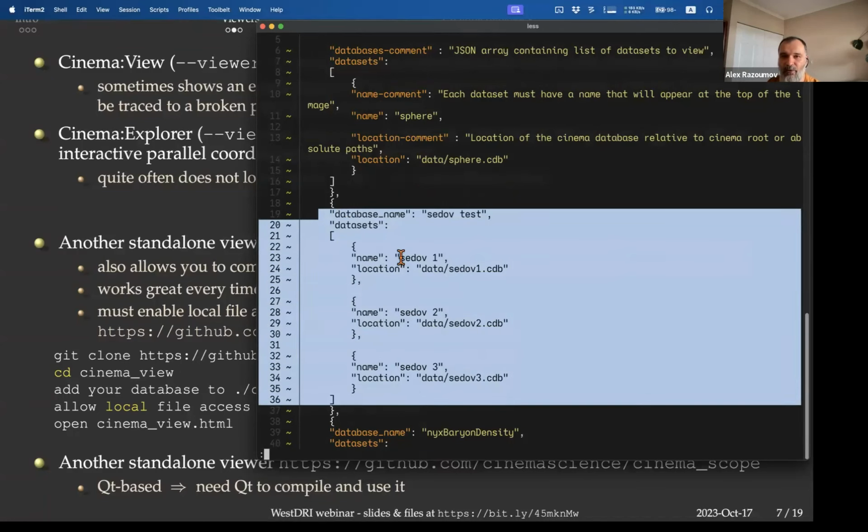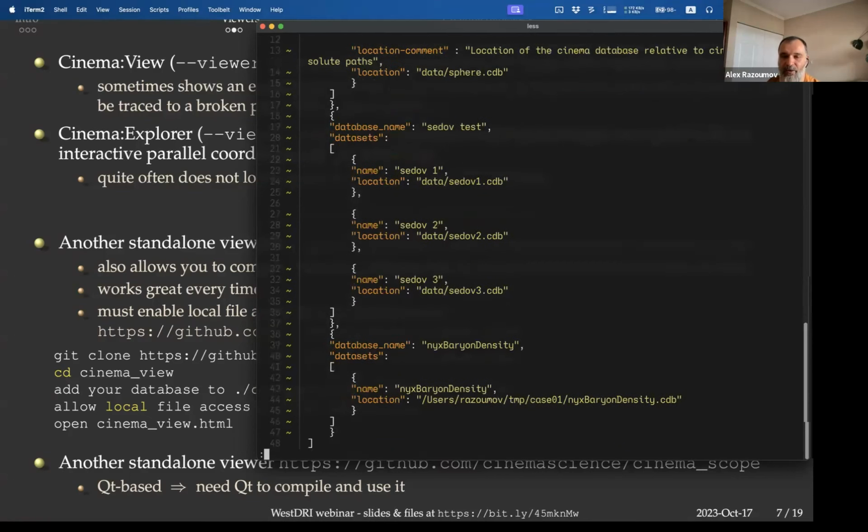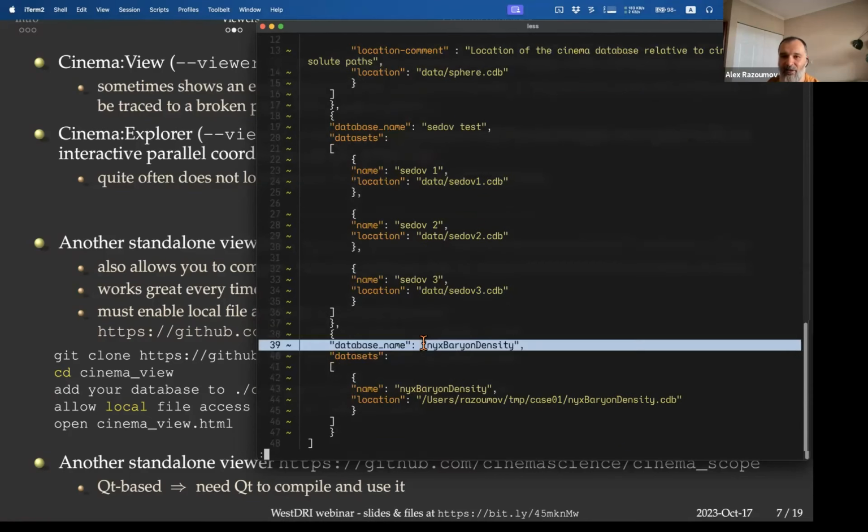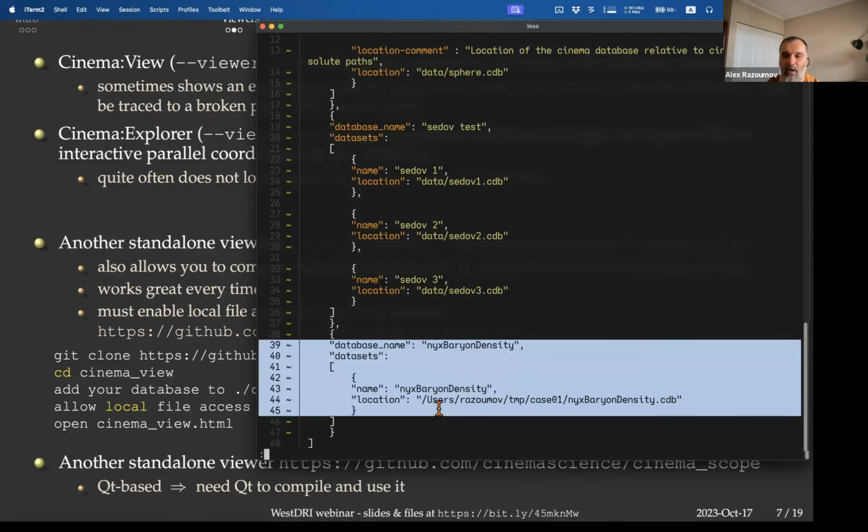And notice there are actually three different data sets that are part of the same setup. And then I added a third one, which is this galaxy formation simulation from Cinema tutorials as well. They ran a tutorial at Supercomputing a few years ago. I think, if I'm not mistaken, last time they did it was in 2020, when I was in